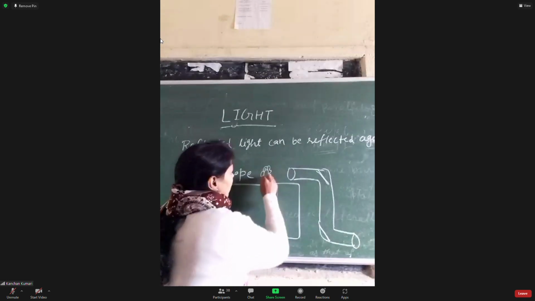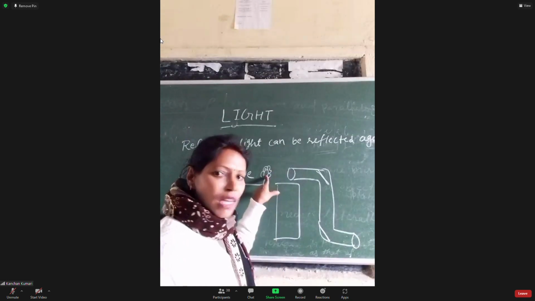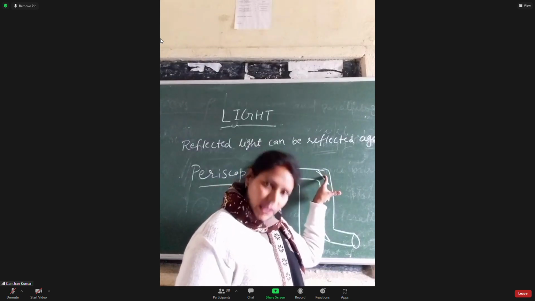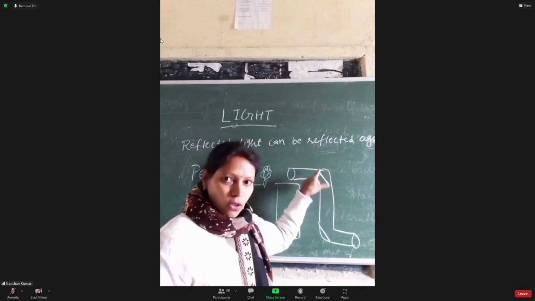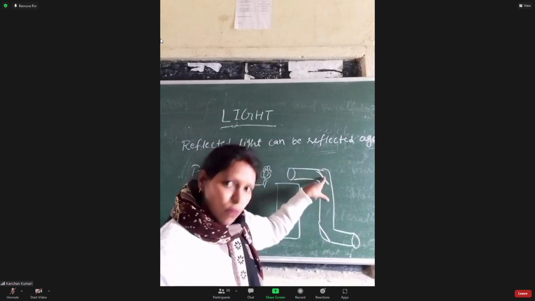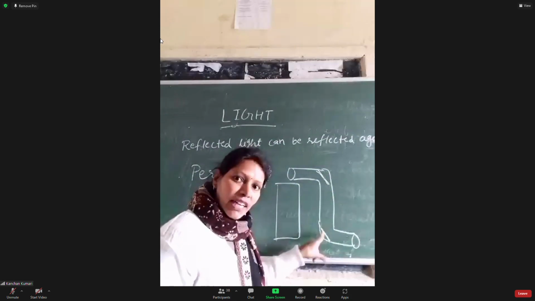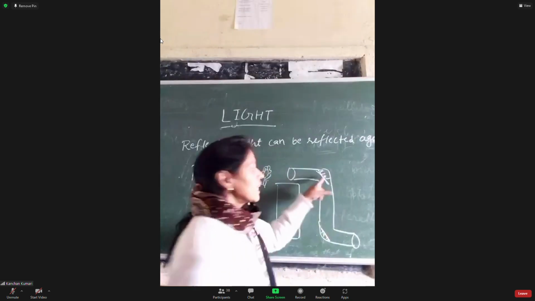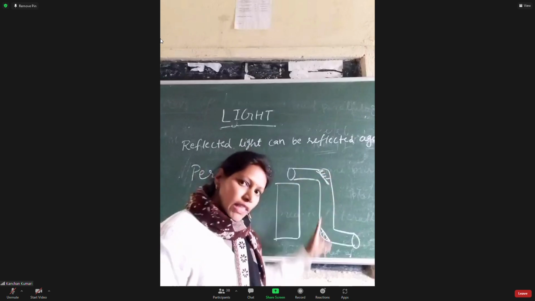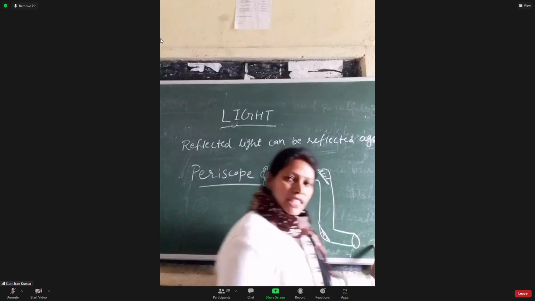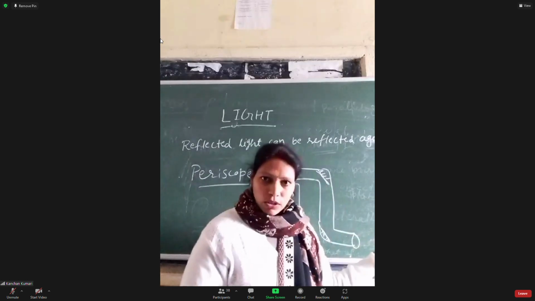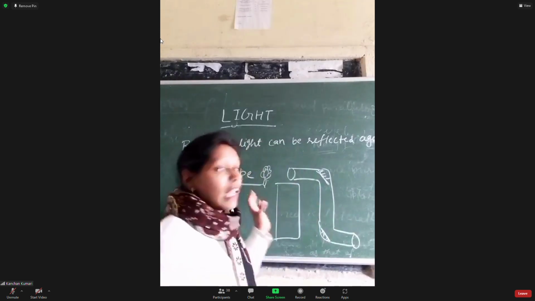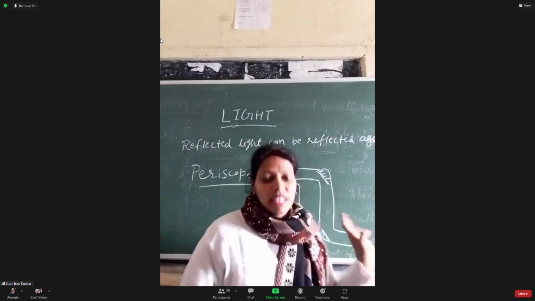Then what will happen? Light from that object will come through here, and this mirror will reflect it. That reflected ray will then come to the other plane mirror and get reflected again. First it will strike one mirror and then strike the other. Then we, sitting here, are able to see the object which is not in normal view, with the help of the periscope. Okay, this is the thing.